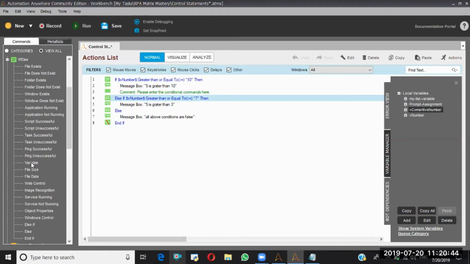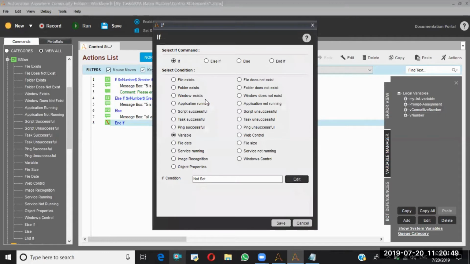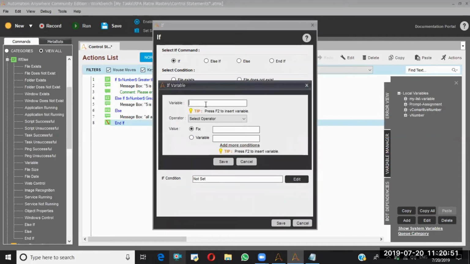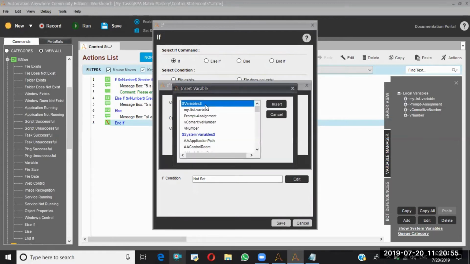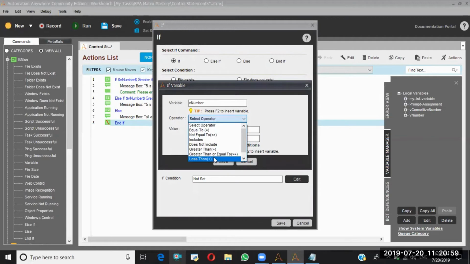If variable, edit, v number greater than. See, here we are using a fixed value. Now I want to compare with another variable, not the direct value. In this situation, I'll go with variable.